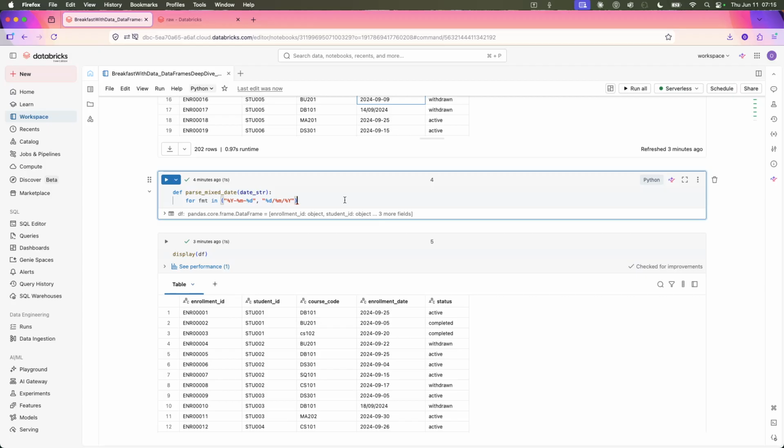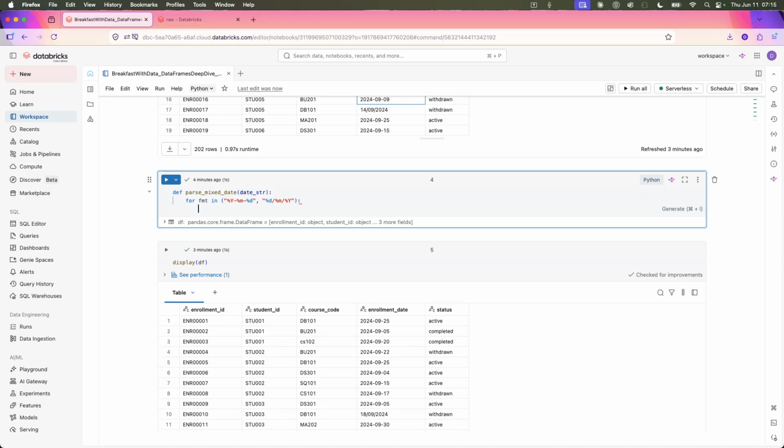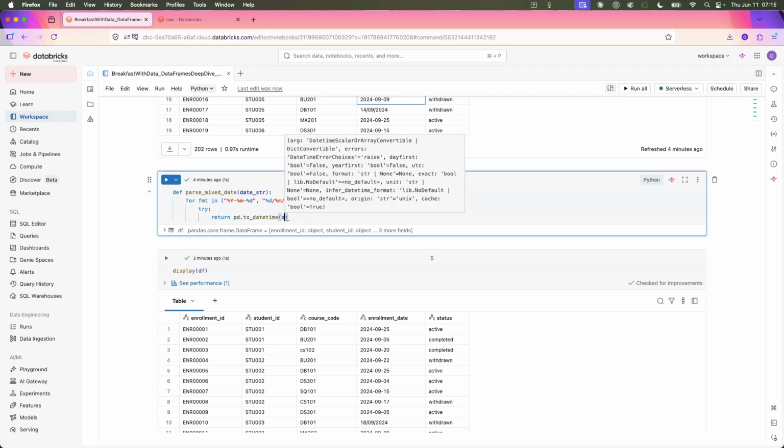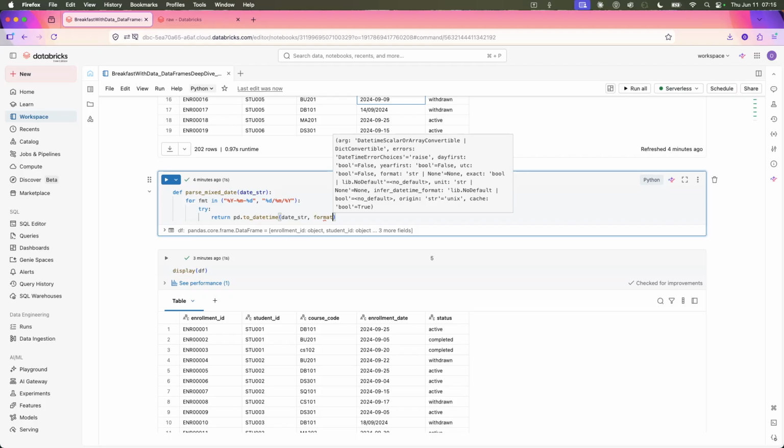For year, day, month, and day, month, year, in which we can say try: return pd.to_datetime, and we take the date string that we already passed earlier, and the format will be set equal to the fmt format that we defined at the beginning of this loop,